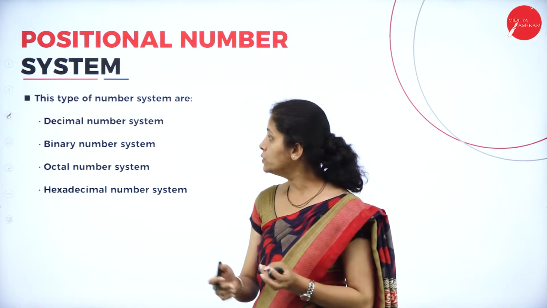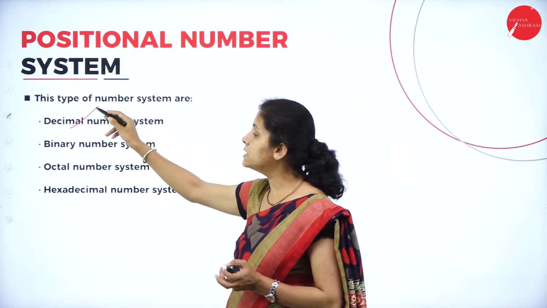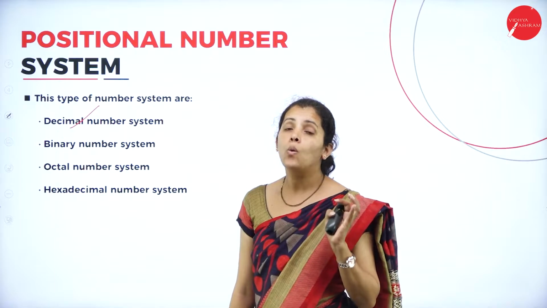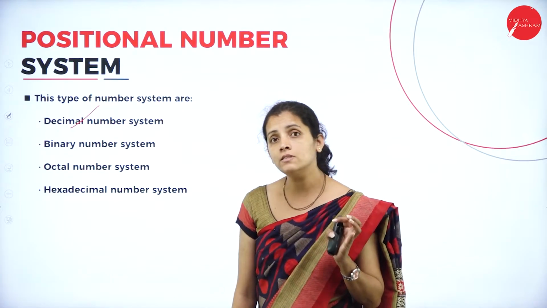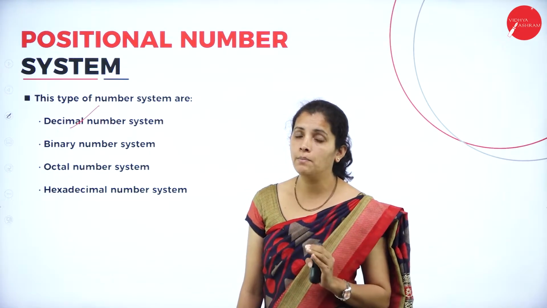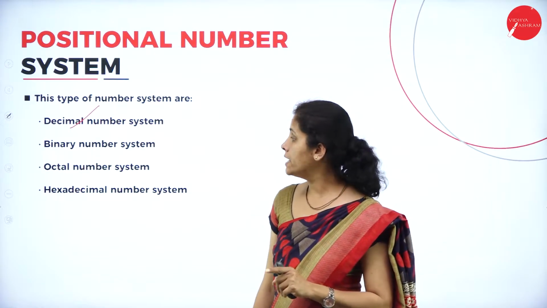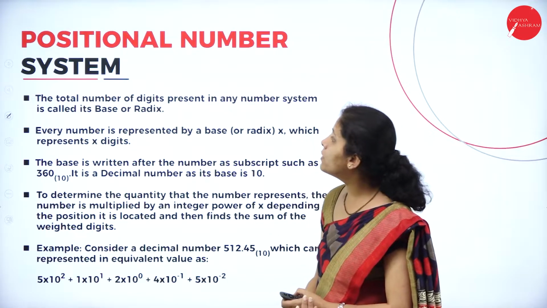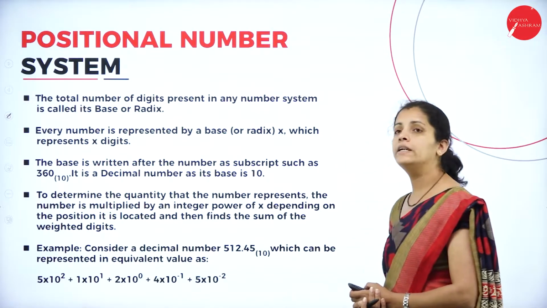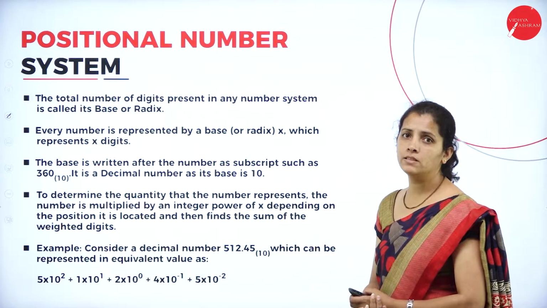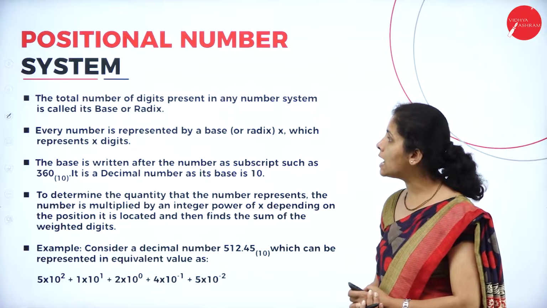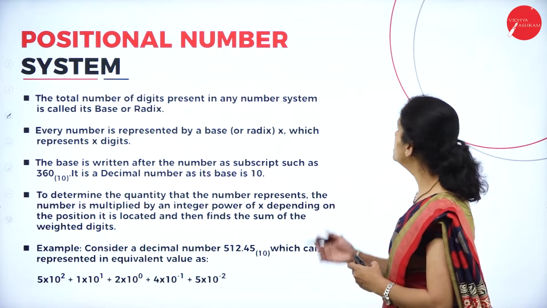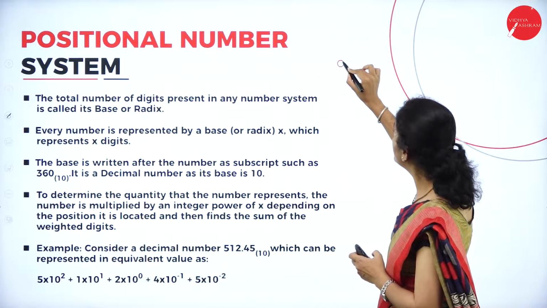Anyway, we are going to study what is decimal number system, what is binary number system as well as what is octal number system and hexadecimal number system in detail. Now, the total number of digits used in any number system is known as base or radix. For example, dear student, I'm going to write